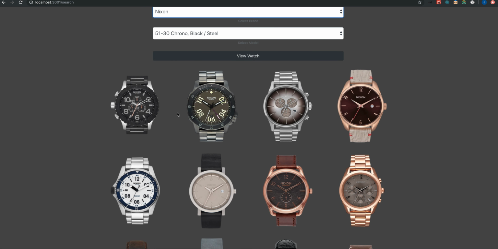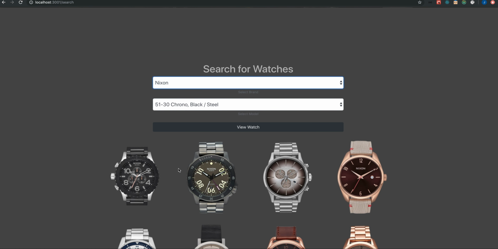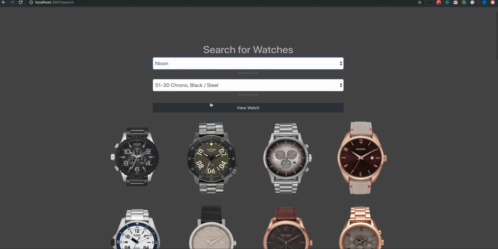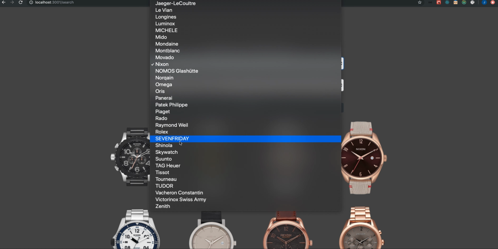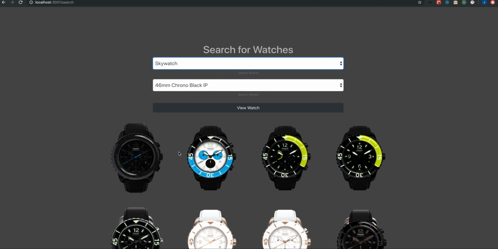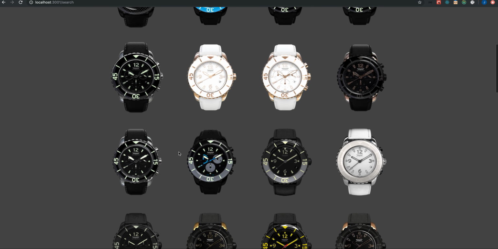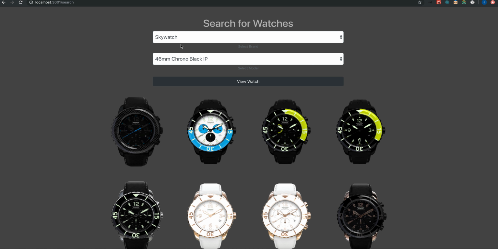So yeah, this is all styled just using basic CSS. I didn't want to focus too much on how it looked, rather than on how it worked. So I just basically wanted a bunch of different watches to be able to search through them and get images of them. So let's say there's a different watch, Skywatch, and every time that you click on a different